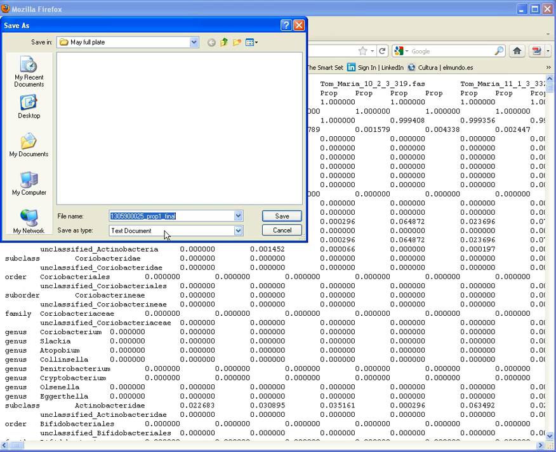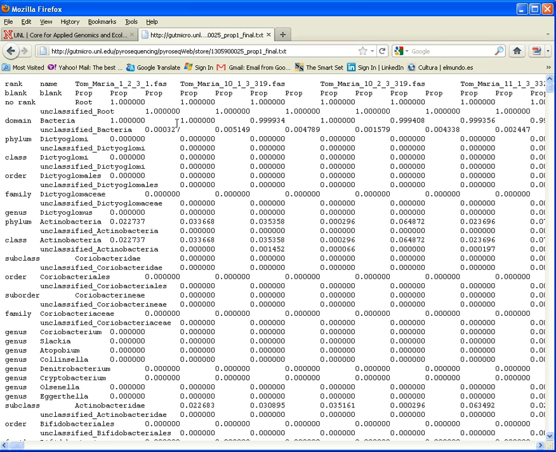So you would want to save page as, and you can save it as a text document and then import it back into Excel. And what you will see is that classifier is a bacterial database, so most of my